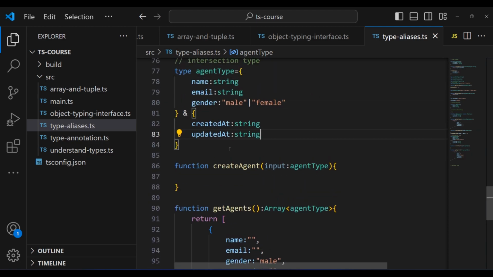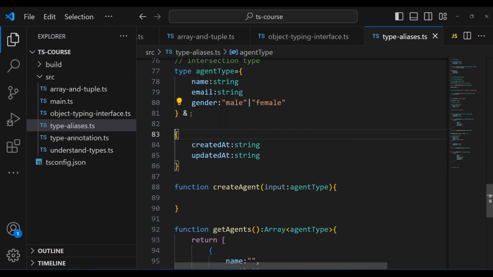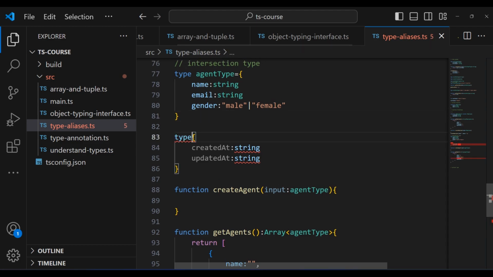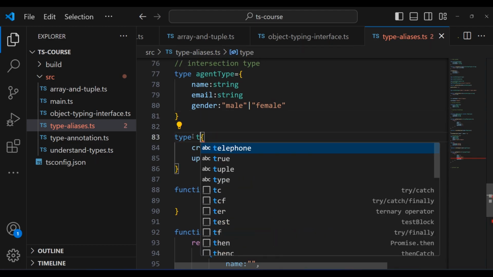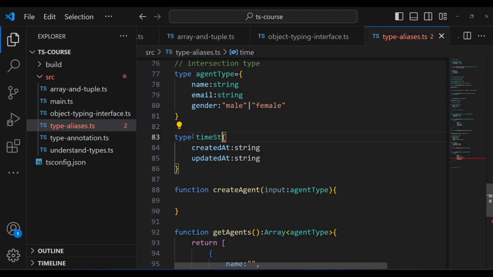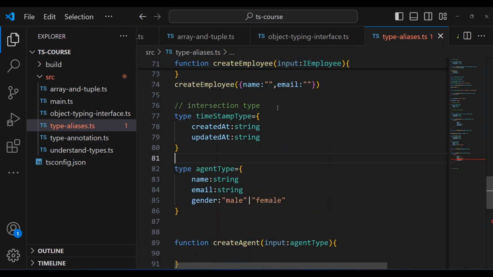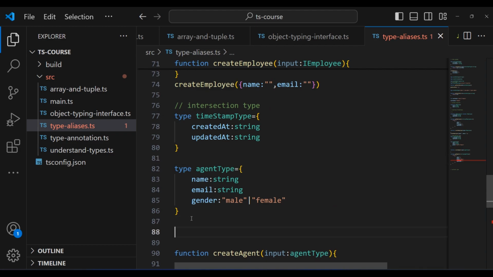I mean, it is a way that we just add a type to a type alias by using this ampersand sign. But we can do even this. I'm going to remove this first, and then I'm going to do type. I'm going to pass here the timestamp type, and then I can assign it this, and then I put it above the agent type, and then I can create another type